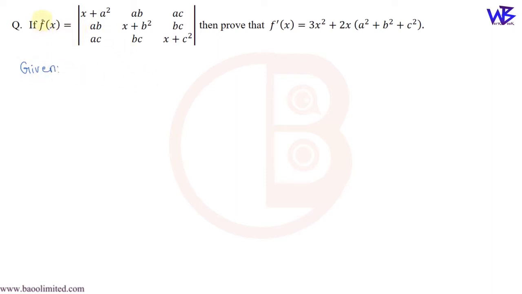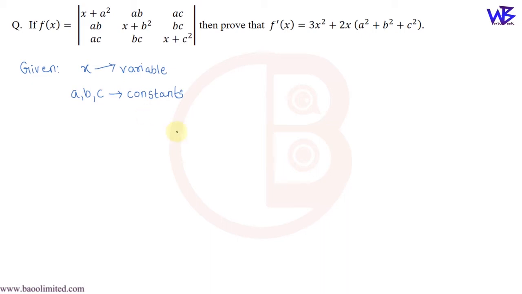As in the question it is clearly given, f is an explicit function of a single variable x. We can note down that x is the only variable here. And all other letters that are denoting the constants are A, B, C. So these are all constant. So while differentiating this determinant, we will keep this in mind that x is the only variable. A, B and C are rather the constants.